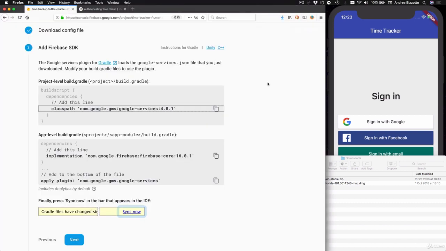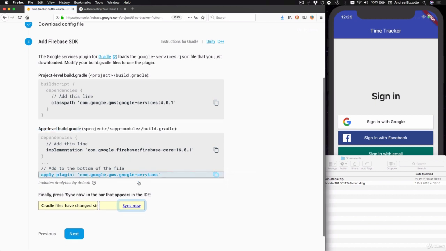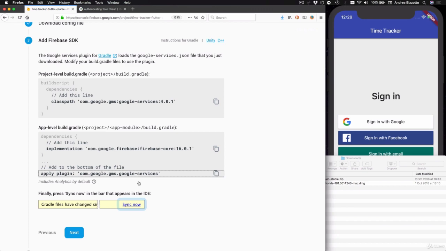Then we can head back to our browser, and what we want to do now is to find the app level build.gradle file. Here the instructions tell us that we need to add 2 separate lines to this file. In practice, I've noticed that the line that says apply plugin is the only one that is actually required. So we are not going to add this implementation line. Instead, we are just going to copy this line that says apply plugin,